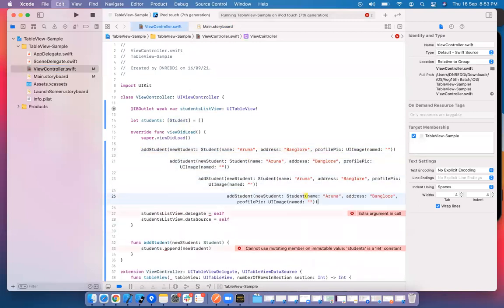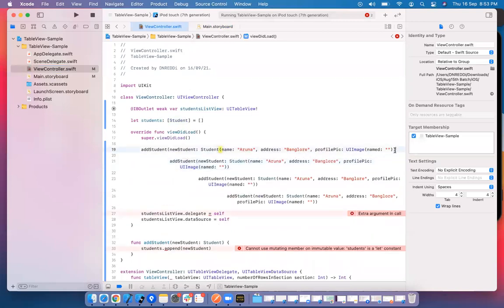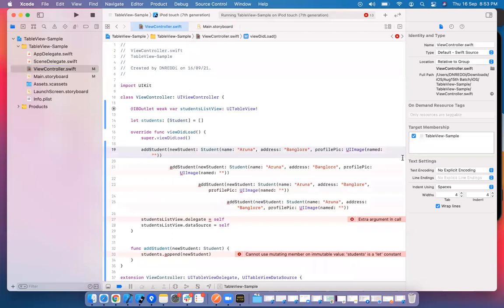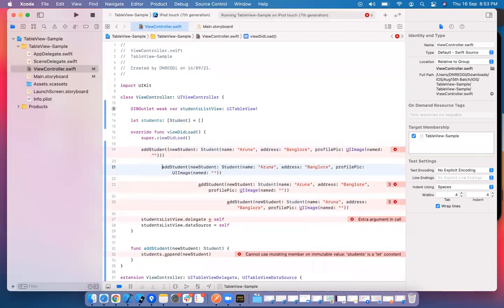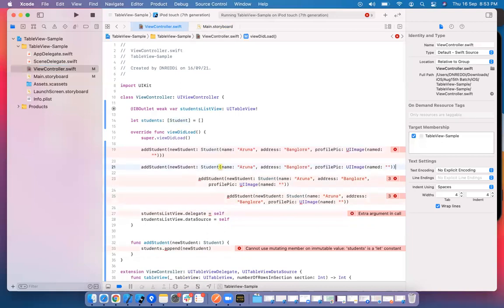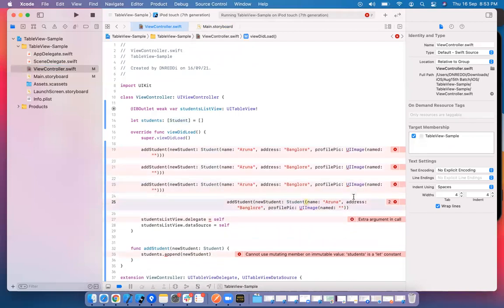Similarly, that is missing. Basically, these are not structured properly.